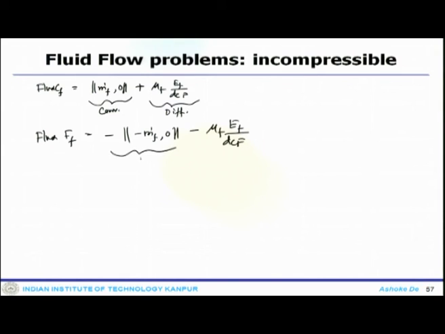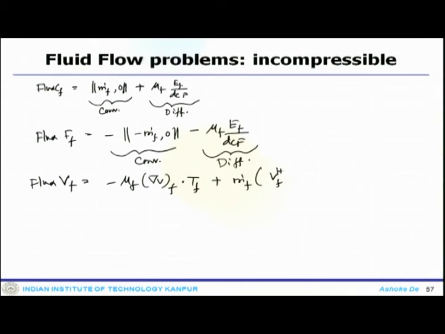This is again the convection contribution, and this is again the diffusion contribution. And flux_Vf equals minus mu f del V_f dot T_f plus m dot f times V_f HR, high resolution, minus V_f upwind,